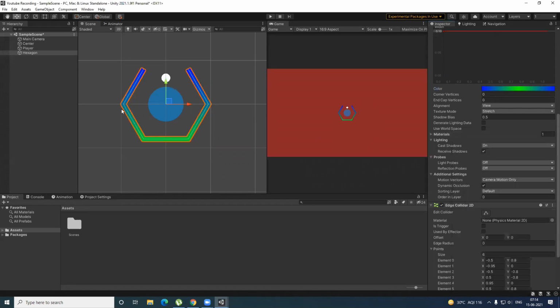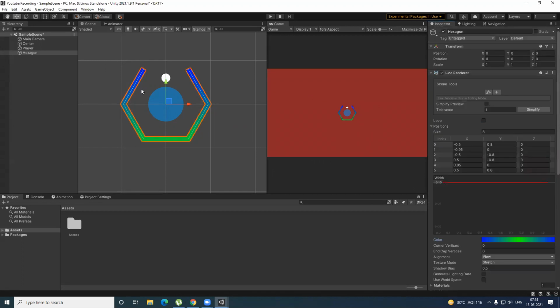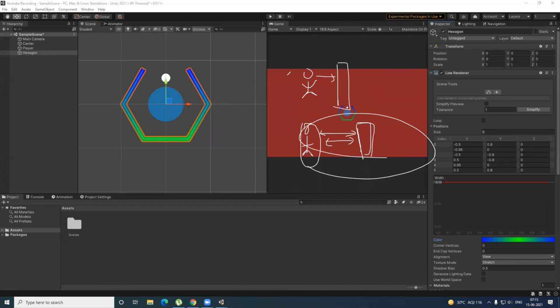The edge collider is added to detect all the collisions, or how the collisions are detected. Basically, this is the person, this is the wall. If you bump into the wall, you detect a collision, right? But how does that work from the game perspective? Let's say you are a person and you have a capsule collider on you, and this is the wall. This wall has a cube collider on it, and when you both collide, technically these two colliders collide with each other, and then the collision is detected. So this is how things work in the game world.